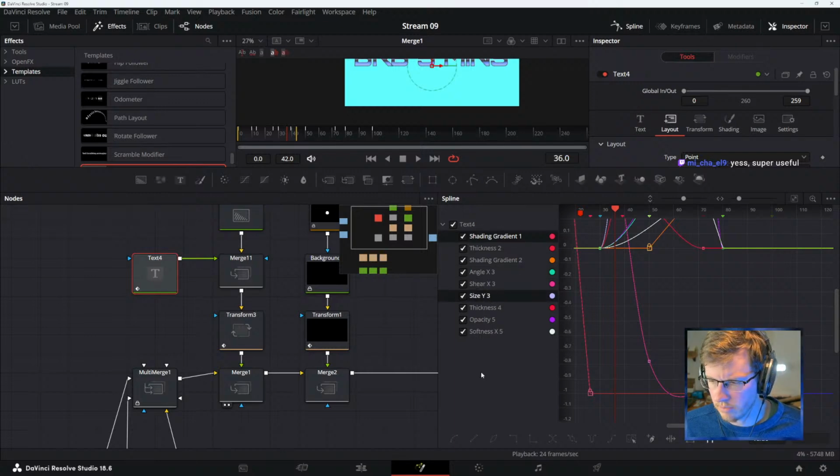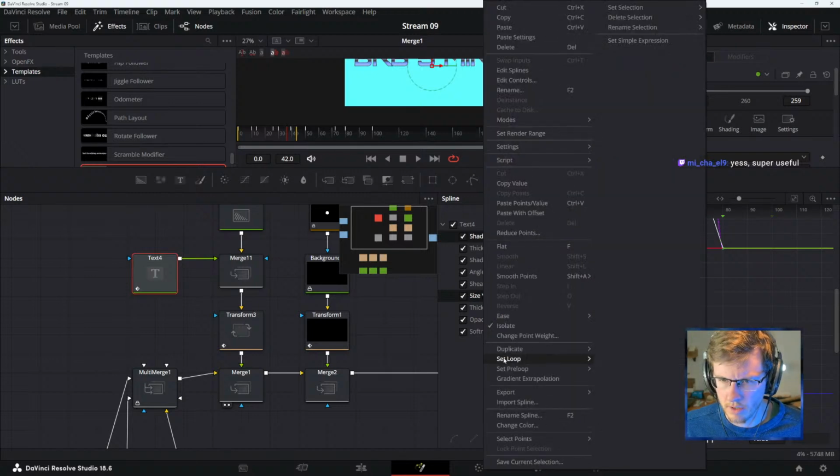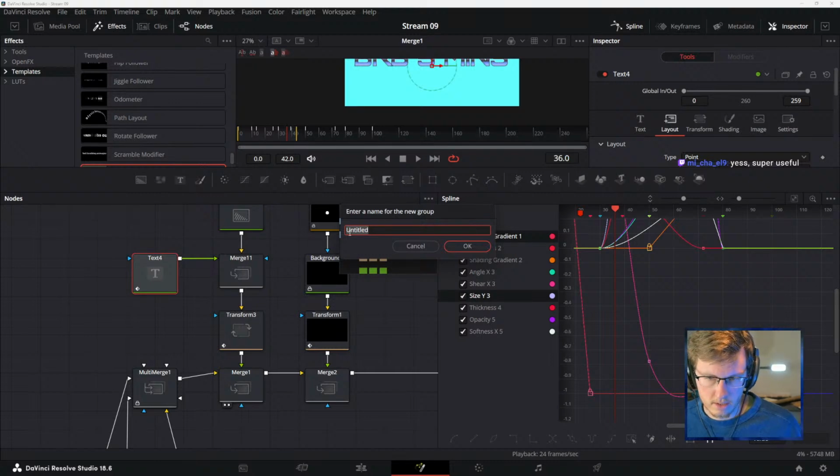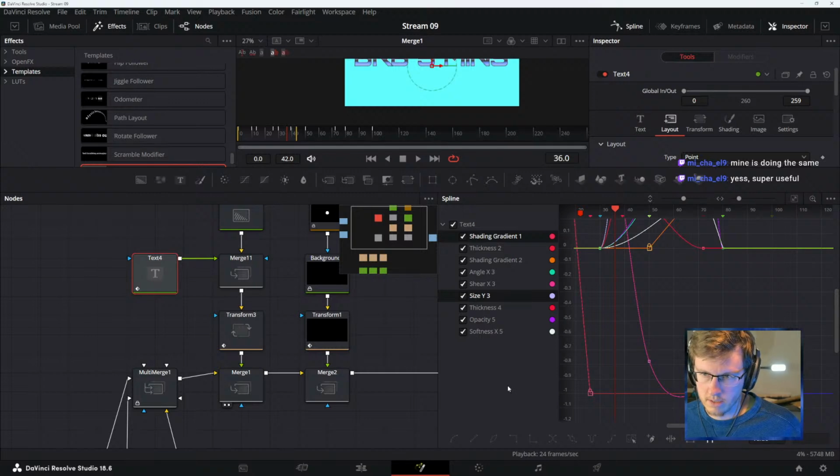I think you can multi-select these. Let me know if you can, because then that would make sense to be able to save the current selection. Test. And then I'd make a selection. I saved set selection as test.